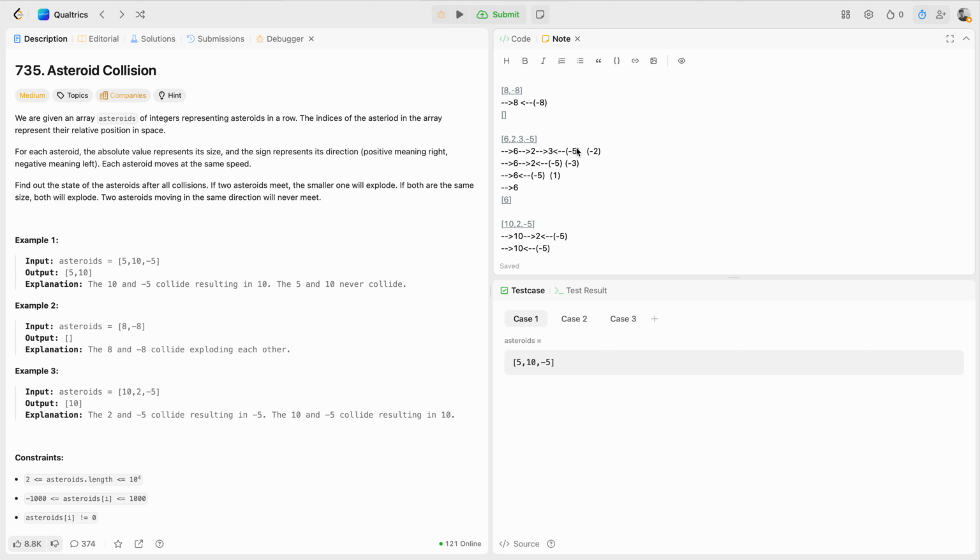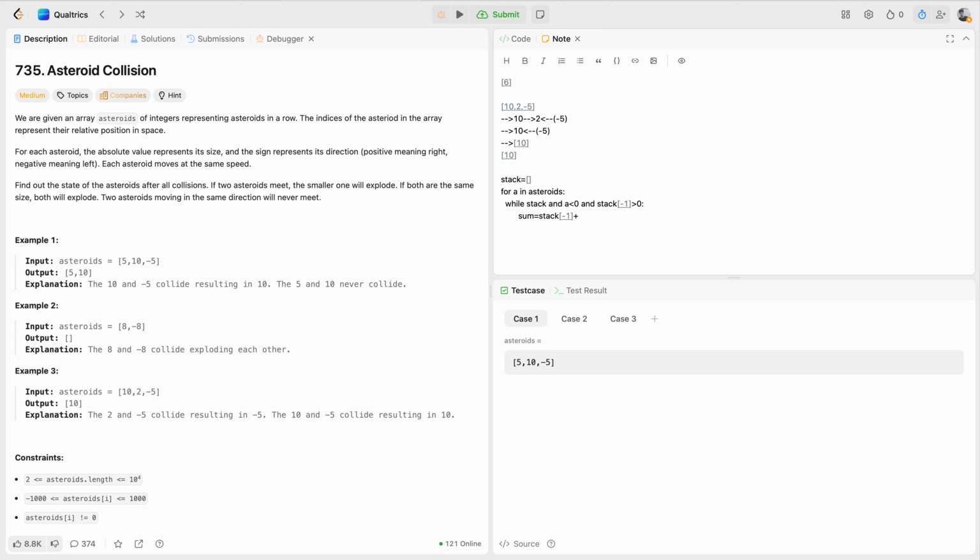We are just checking whether the asteroid is negative, that is a, and stack of -1, you consider this value, it should be positive, then only we will be entering into this loop. Yeah, now we can do one thing. We need to check the sum. We will do stack of -1